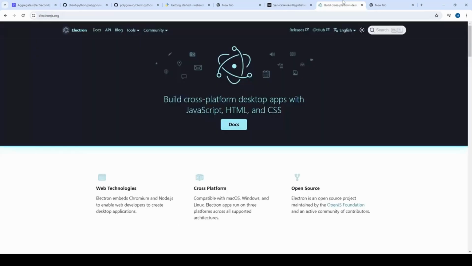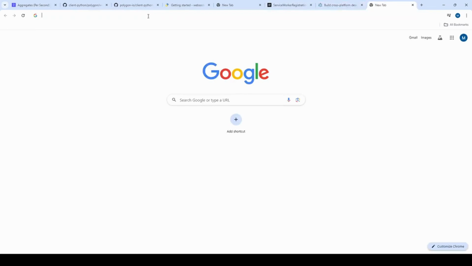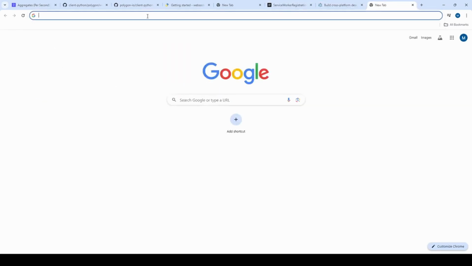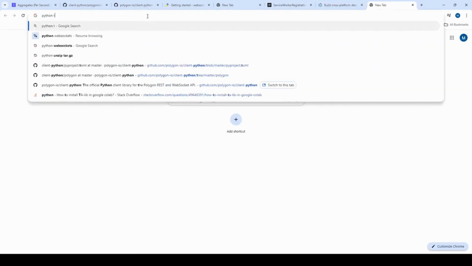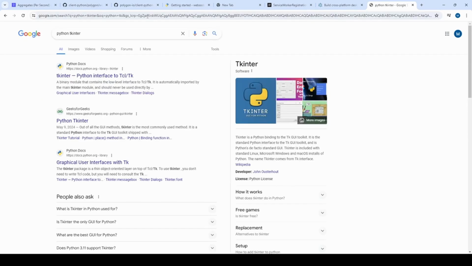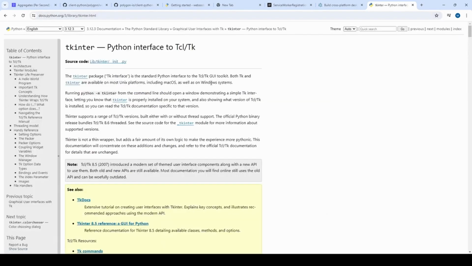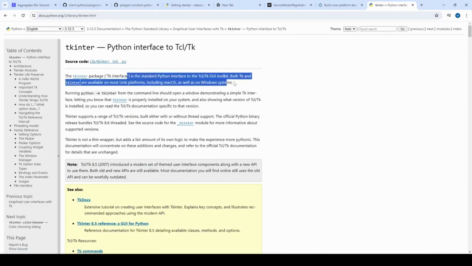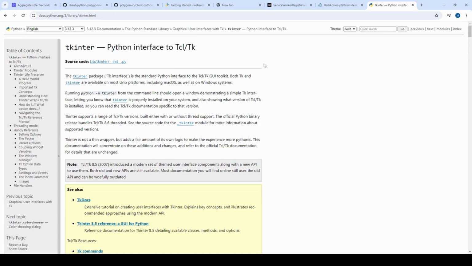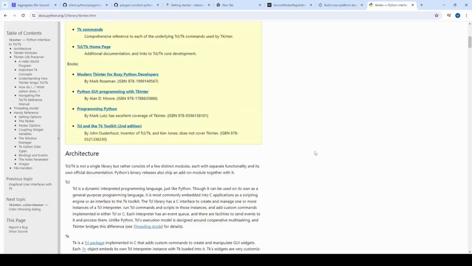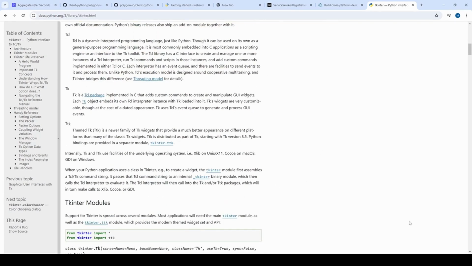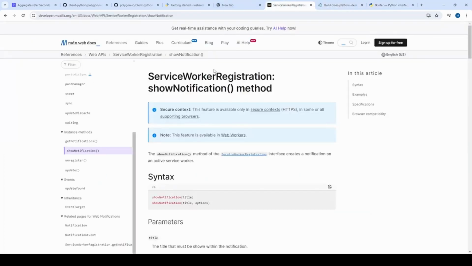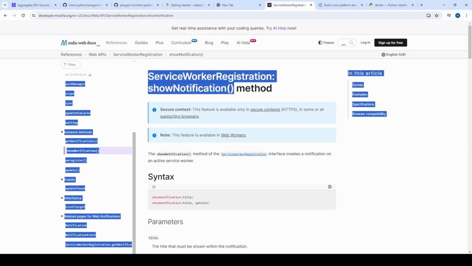So yeah. So the last thing I want to look into is Python, Tkinter, whatever that's called. It's built into Python, which is nice. And just display a simple thing that appears on the screen as a notification. So let's start with this one,